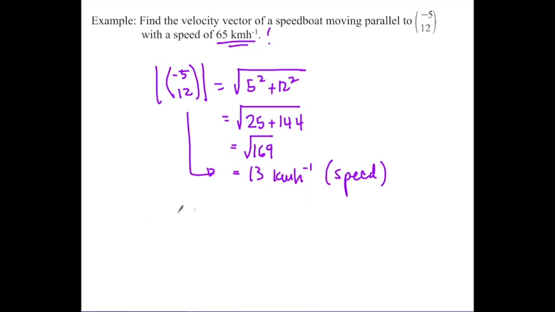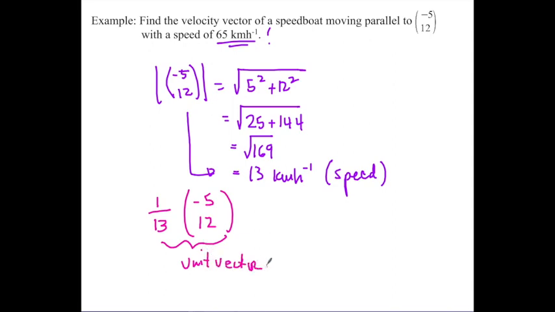We're going to have to use a scalar to multiply our vector, keeping it parallel, but increasing its magnitude in order to have 65 kilometers an hour altogether. So if it's 13 kilometers per hour, let's scale it down to 1 unit by multiplying it by 1 over 13. So now we've got a magnitude of 1. This is now the unit vector,